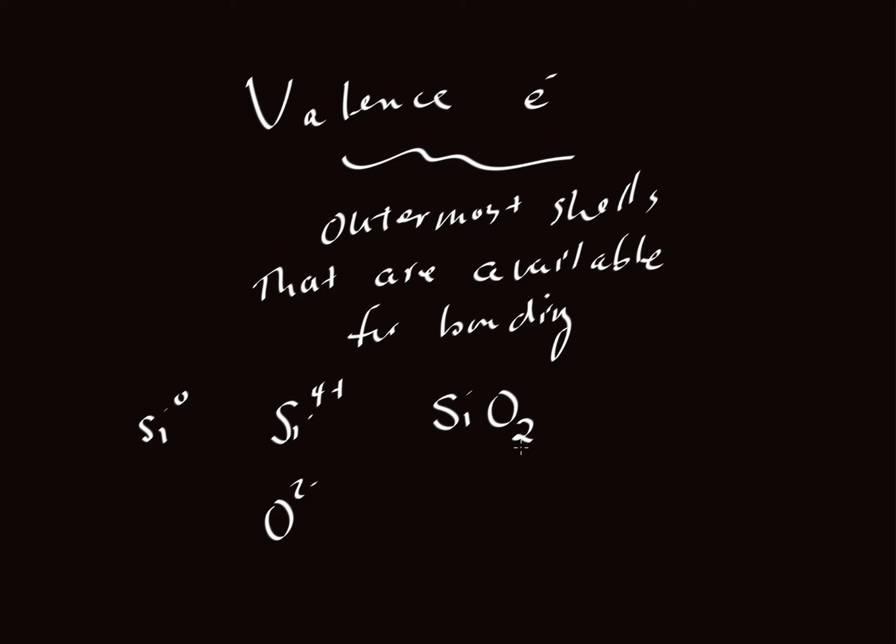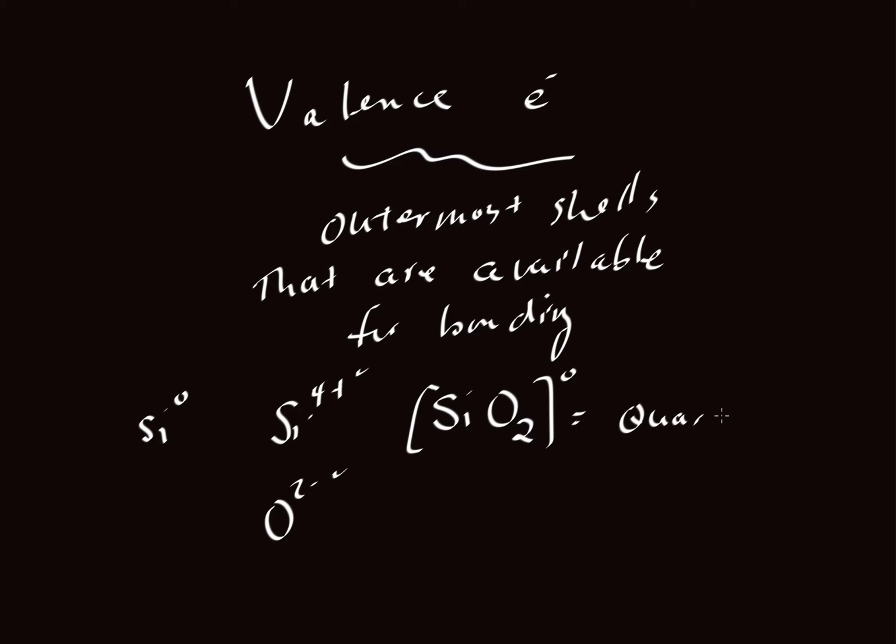So if we have 2 oxygens, those 2 oxygens in total are willing to grab up 4 electrons, and they're happy to take them from silicon. And so we can have this unit here, quartz, and that would be neutral. So the valence electrons then for oxygen and silicon are the 2 additional electrons here in oxygen and those 4 electrons that are being shared with oxygen on the silicon side to create this neutral compound SiO2,